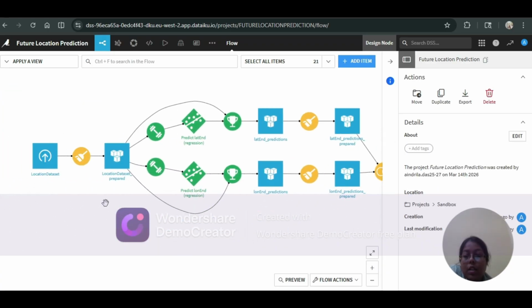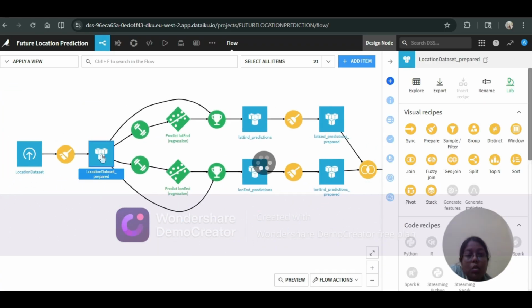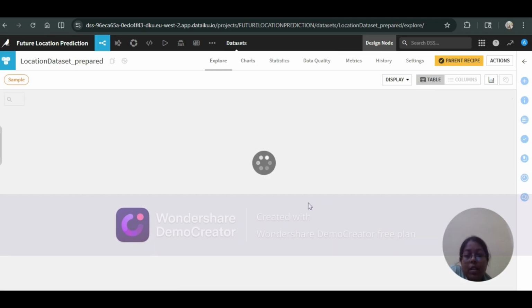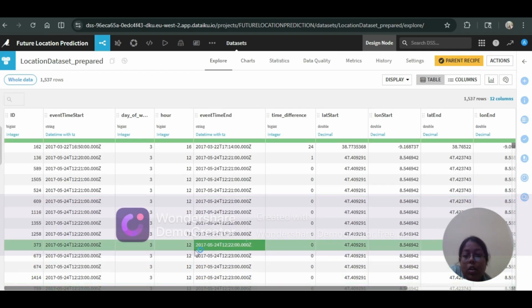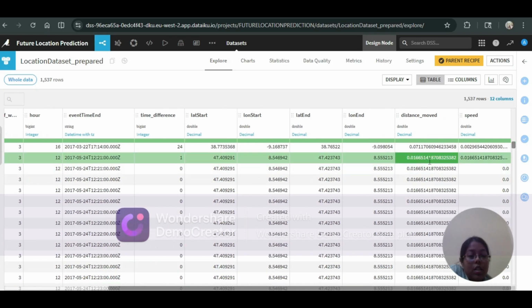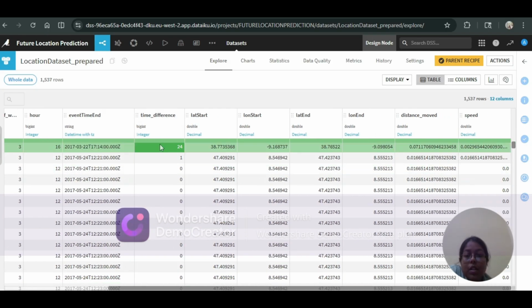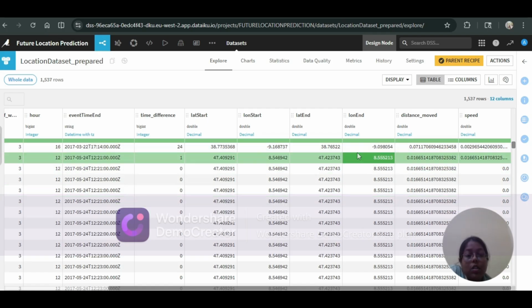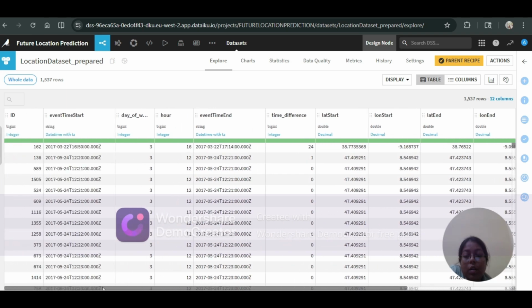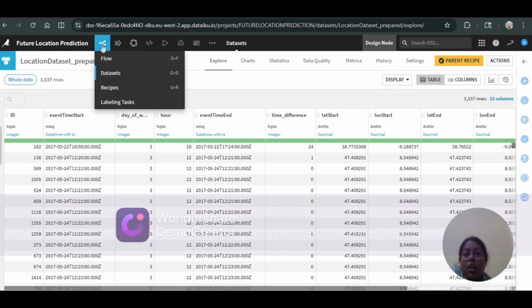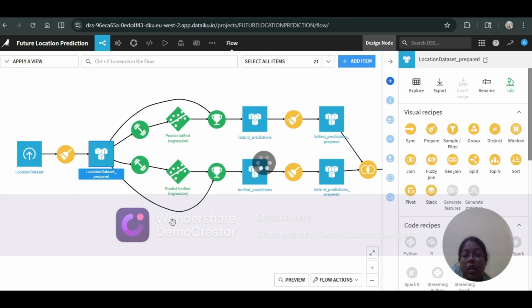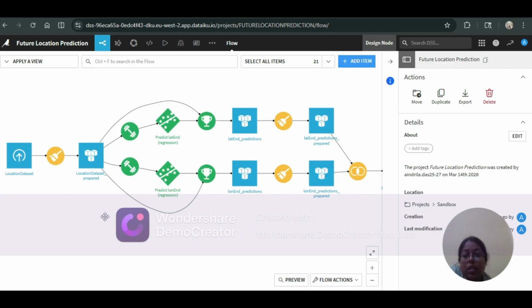Then after creating this, a new prepared dataset got created, which contains the day of the week column, hour, distance, speed, time difference. All these features got created which will be required for prediction. These are all useful features for prediction. Then after preparing this dataset,